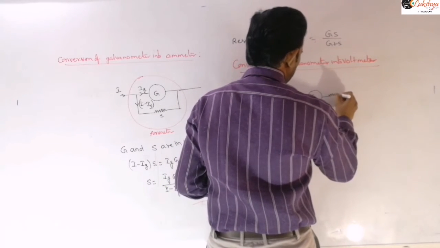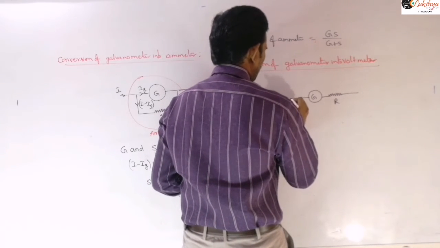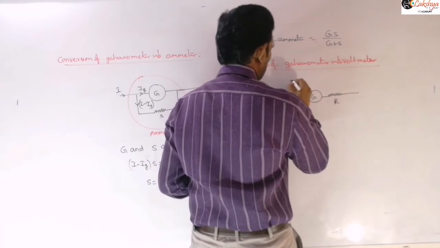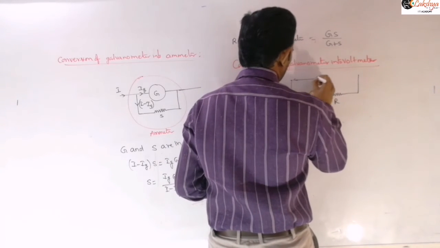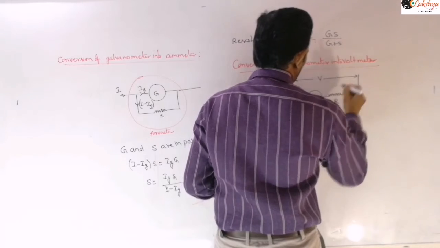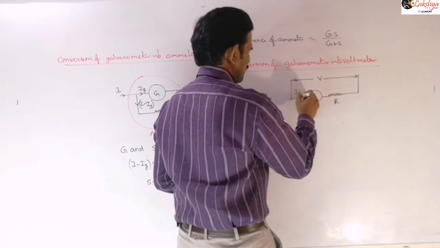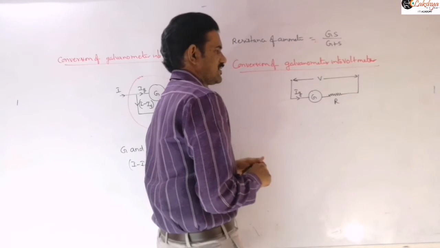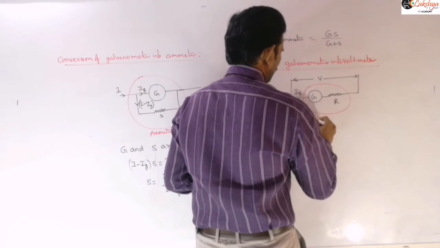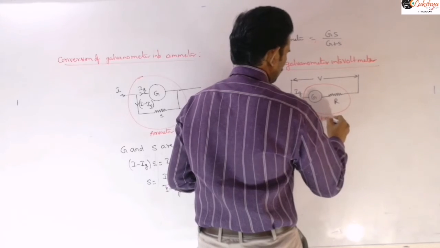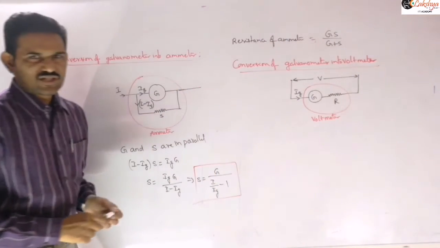So a high resistance is connected in series with it, so that this total arrangement will behave like a voltmeter here. Suppose between these two points we need to measure this potential difference. Suppose V is the potential difference to be measured, and Ig is the current flowing through this, so that this G and R arrangement will behave like a voltmeter here. Right?